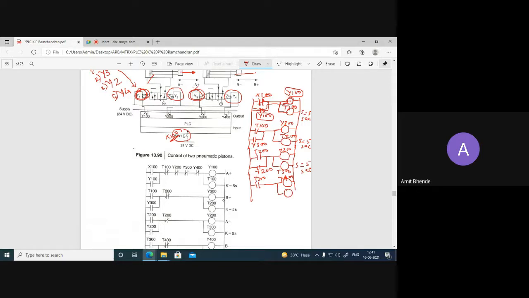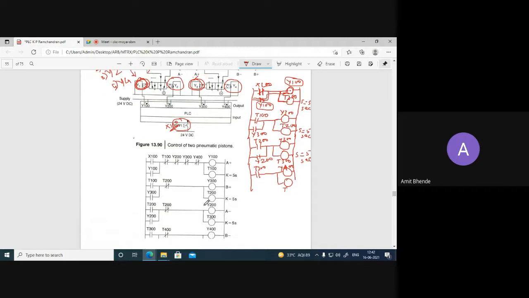Now you may ask that, sir, why timer is required over here? Because this is the last operation. Though this is the last operation of one cycle, but this cycle should continue for the infinite unless and until we stop the power supply. This sequence of operation should not stop. So that is why here we use T400.